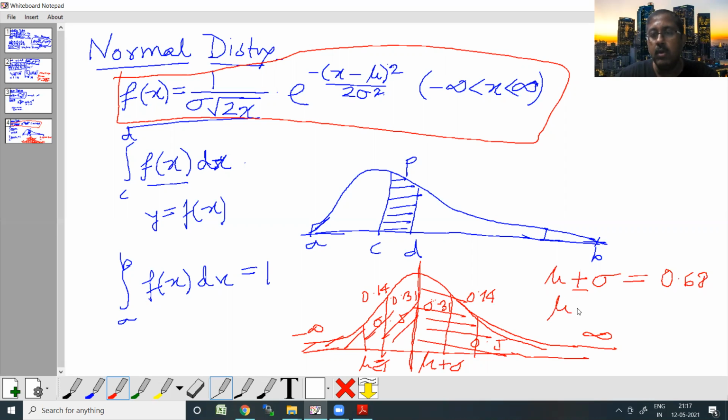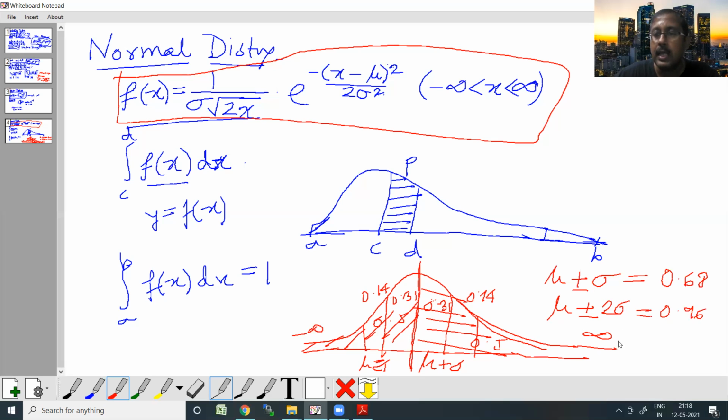So for mu plus minus 2 sigma, we have a total area of 0.68 plus 0.14 plus 0.14, which is approximately 0.96. Okay, actually it is